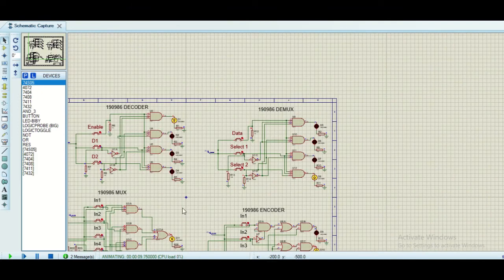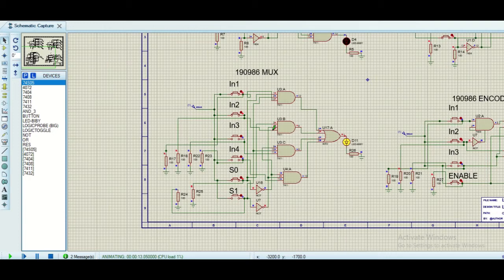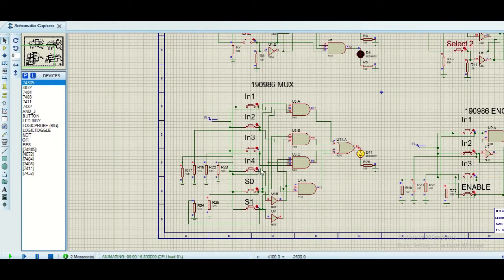And now you can see here is a multiplexer. A multiplexer is basically the opposite of a demultiplexer. It has many inputs but only one output, while a demux has many outputs but only one input. The selection lines determine which of the inputs will be seen at the output. Here you can see when all of the inputs are 0 and both selection lines are also 0, the first input will go to the output.